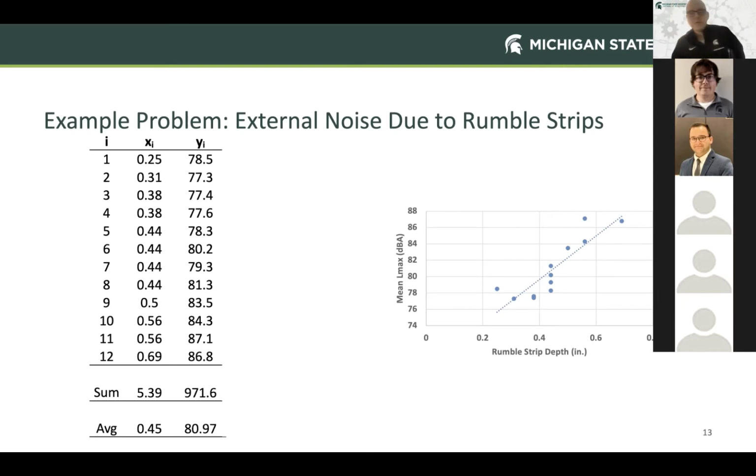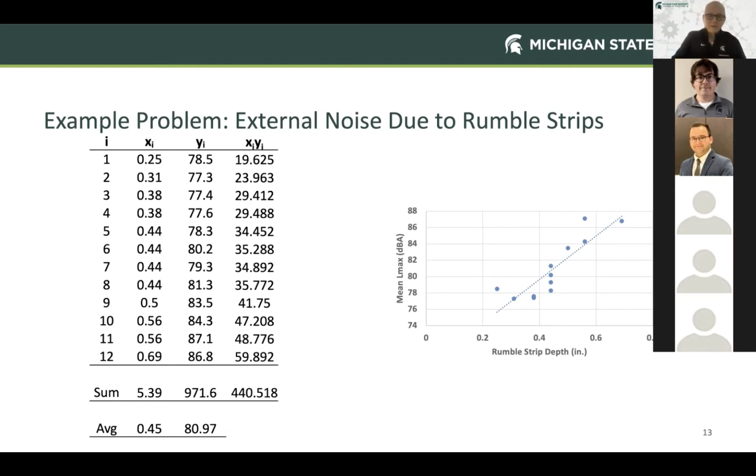And so first of all, summing up our x's, the sum of those depths across the 12 observations is 5.39. The sum of the noise levels is 971.6, and then dividing each of those quantities by 12 gives us our average rumble strip depth of 0.45 inches and our average noise level of 80.97 decibels, okay? Likewise, we're calculating x times y, and so of course that's relatively straightforward here. You see those quantities down this fourth column. Those sum up to